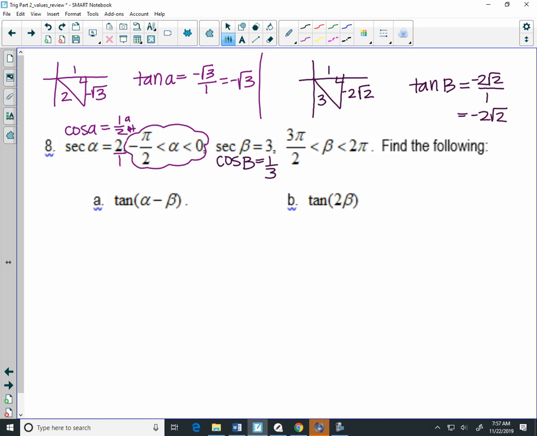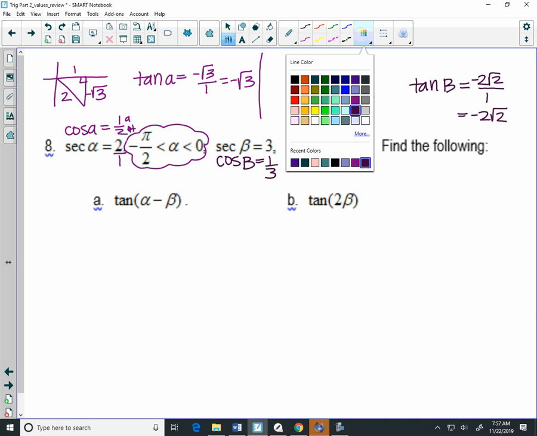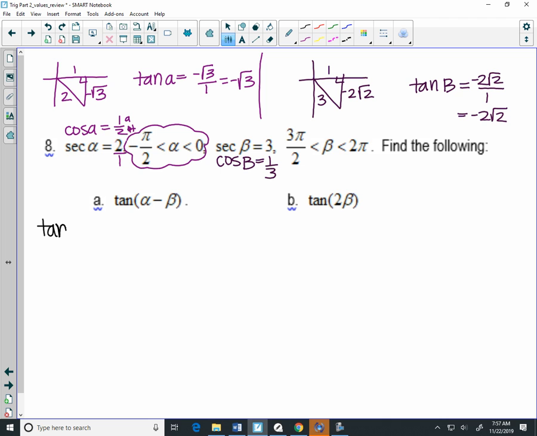All right, we're going to do tangent difference identity and then tangent of 2b. So our tangent difference identity is going to look like this. Tan of A minus tan of B